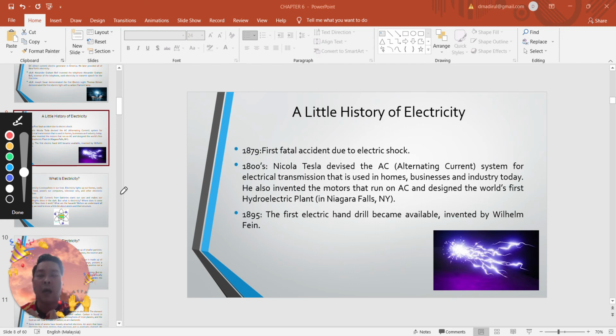For example, how we are using our laptop, how we are using electricity to light up our house, how we are using electricity to work, how we are using the electric car, electric motorcycle, and electric train. So based on this history, you can see how the first people found electricity, and how they progressed throughout the years to develop what we have already achieved today. Okay,